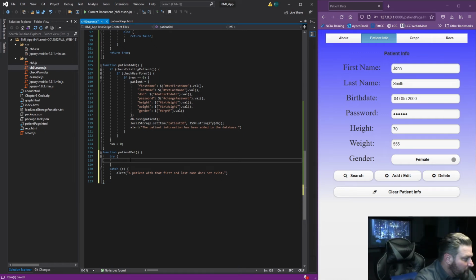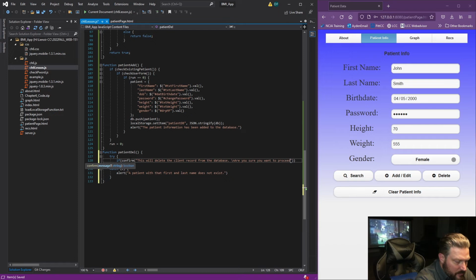So in the try, we're going to do if, and we're going to do a confirm, because if you delete something, it's permanent. So we want to make sure they know that they're deleting records. This will delete the client record from the database. New line. Are you sure you want to proceed? And if they click OK,